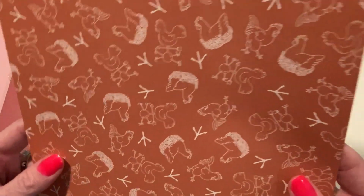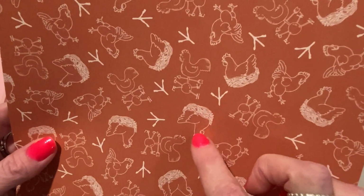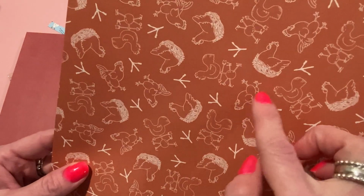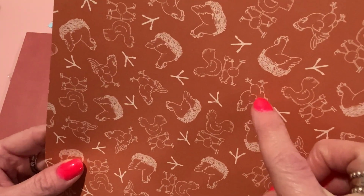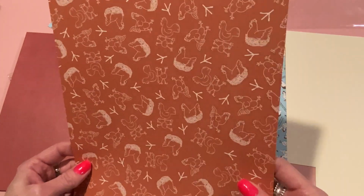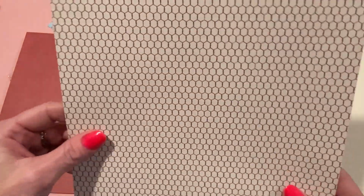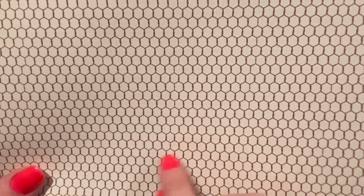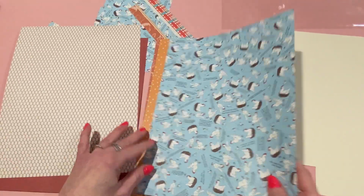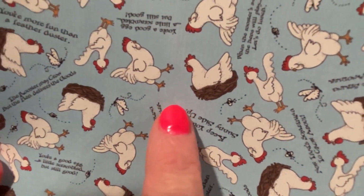And then the next one is this brown page that has white outlines of chickens in nests and the weather vane chicken and the footprints and then the rooster. I think that's a rooster walking. I don't really know my chickens that well, but anyway, very, very cute. So again, it coordinates with the stamps. And then the back of that is chicken wire, and this is that same brown color, so it looks really nice. And then this page is blue, and it's kind of textured looking too, if you can see that,